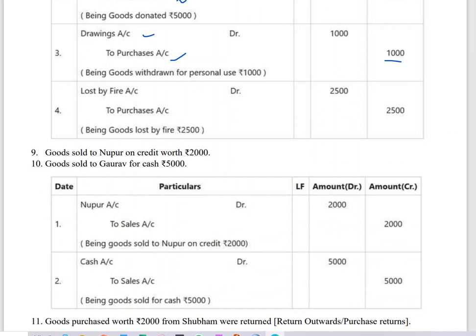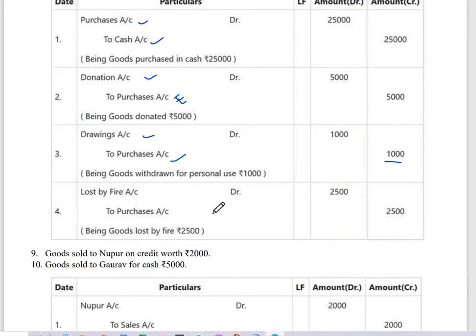Out of all that, after doing all this, whatever goods were left, out of those goods 2,500 worth of goods were lost in fire. So here we have to show what happened to those goods. Lost by fire is again a loss for the business. If expenses or losses are increasing for the business, that's why we have to show it in a debit. This one, to purchases, is again a form of expenses here, that has to be shown